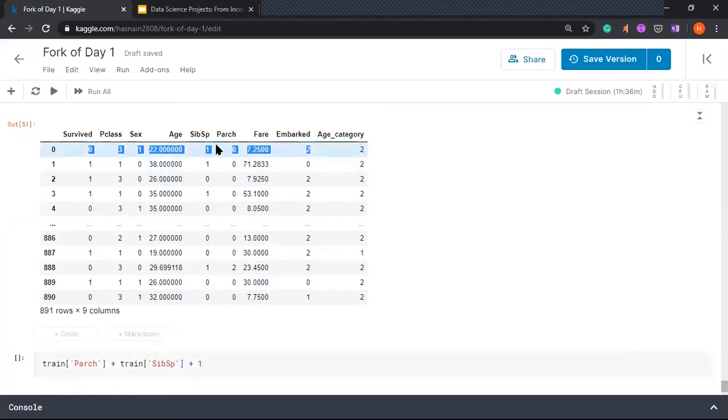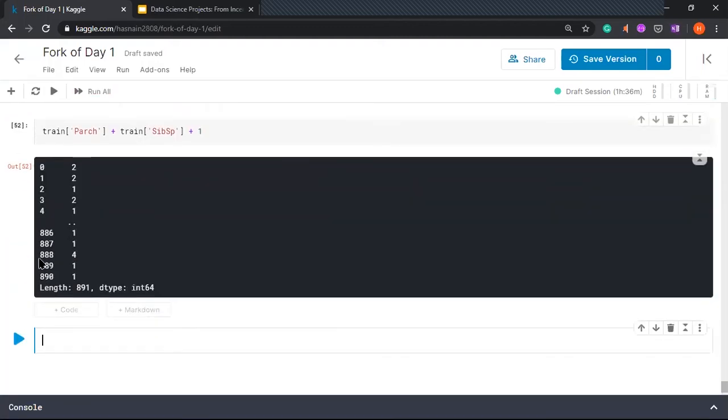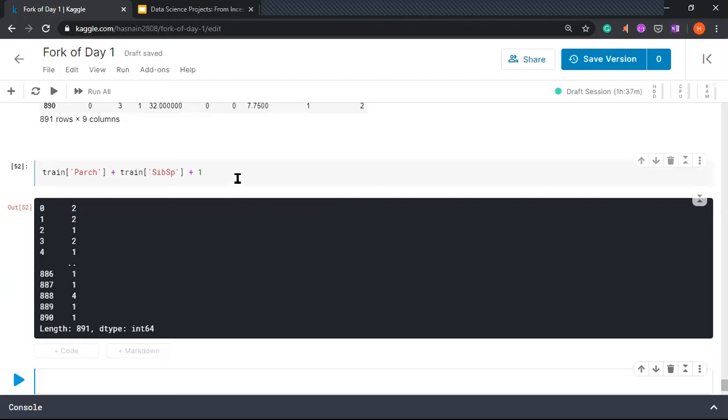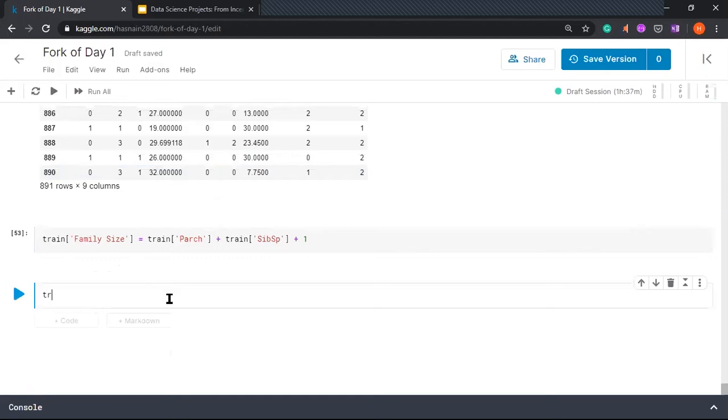We are adding him to the siblings and the parents. When we do this, we get another variable. Again, it's not in place, so we'll have to create a new variable. We'll assign it to it, and then we print train again.